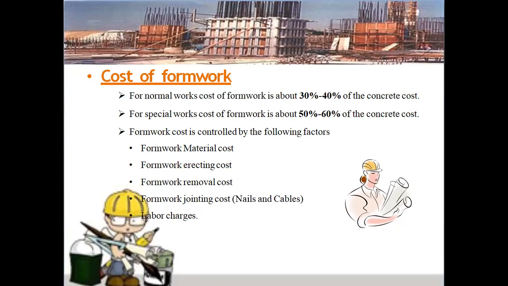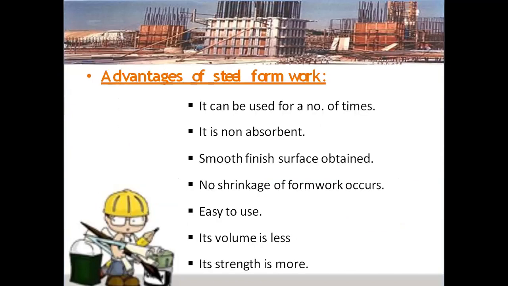So these are all the factors by which formwork cost can be controlled: the formwork material cost, the erecting cost, the removal cost, the jointing cost with nails and cables, and the labor charges. These are all the costs included in maintaining the cost of the formwork. The major advantages of steel formwork are it can be used a number of times,